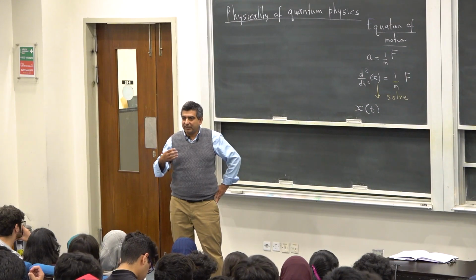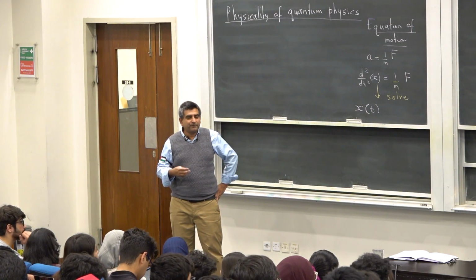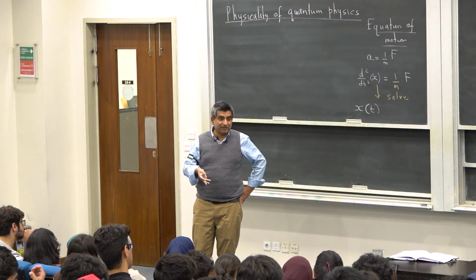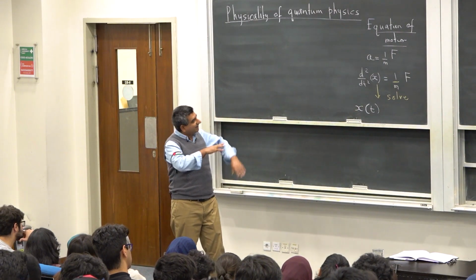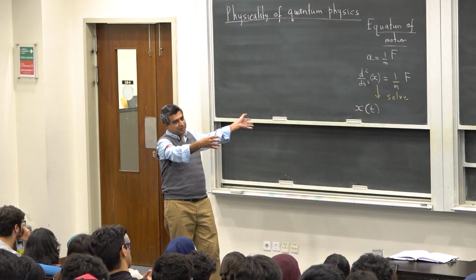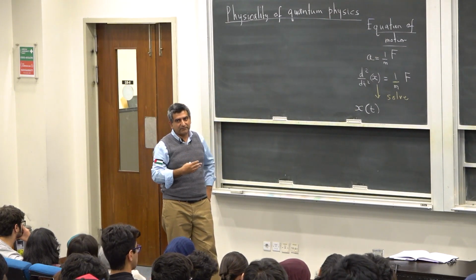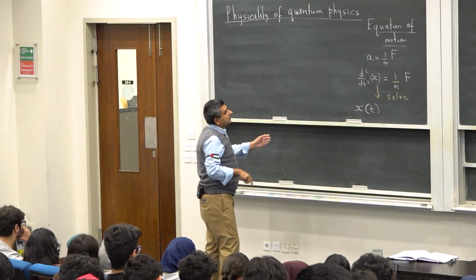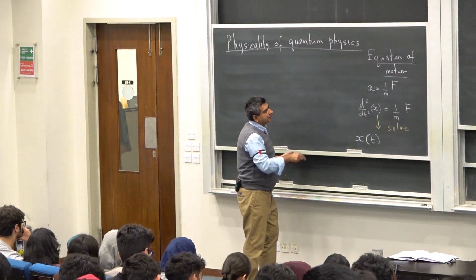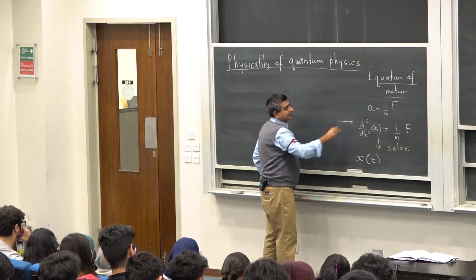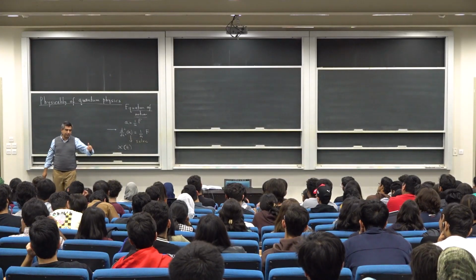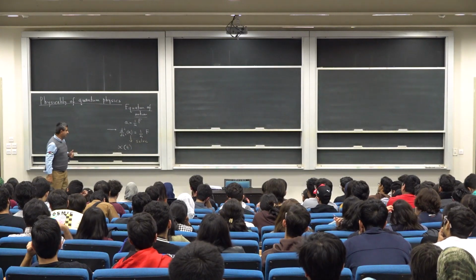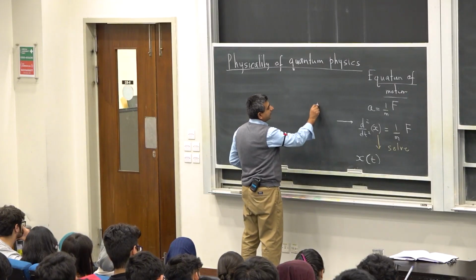It can be motivated, it can be invoked. Similarly, many equations of motion cannot be derived. So this is an example of an underivable equation. We have a similar equation in quantum physics that talks about quantum states. So the first question I would like to ask you, what kind of equation is this? Is it an algebraic equation, a trigonometric equation, or a differential equation? It's a differential equation. All right.